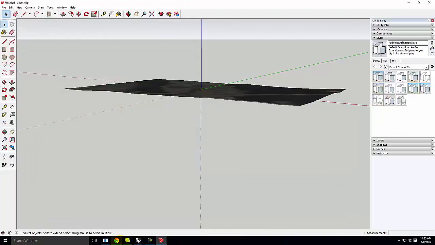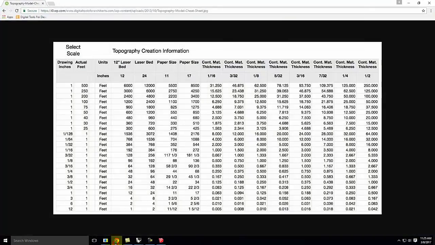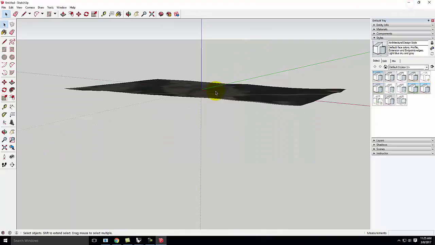But it's just standard cardboard. It's a little bit thicker than 1/8 of an inch. And because we're also padding for a little bit of glue, we're going to go ahead and call it 5/32 of an inch in total thickness. Therefore, at 1 to 200, if I come over here, my 5/32 is going to be 31.25 feet in contour. So when I do contour,